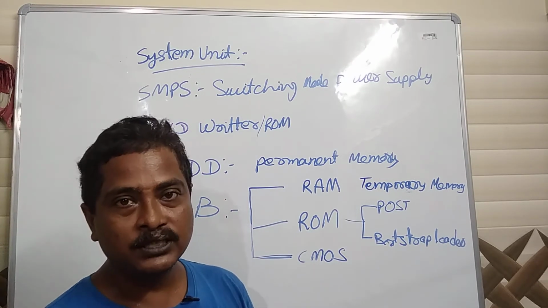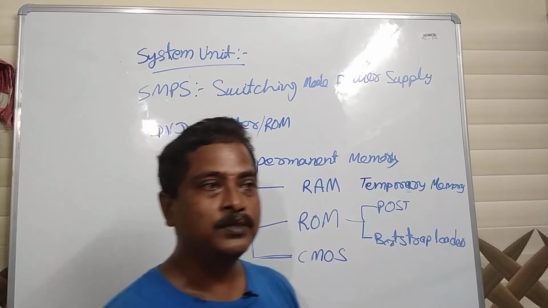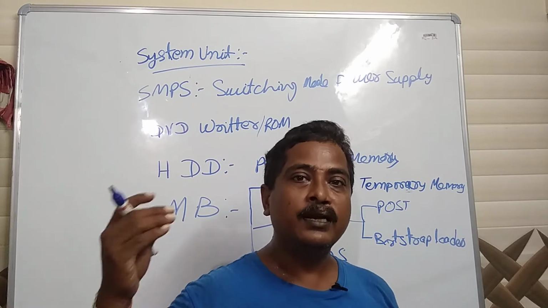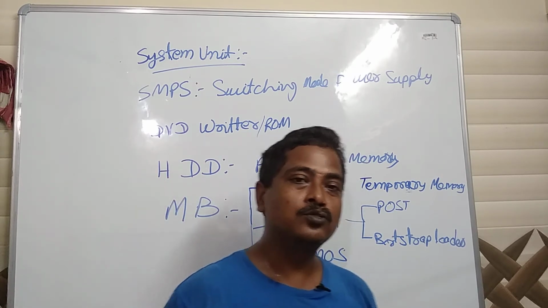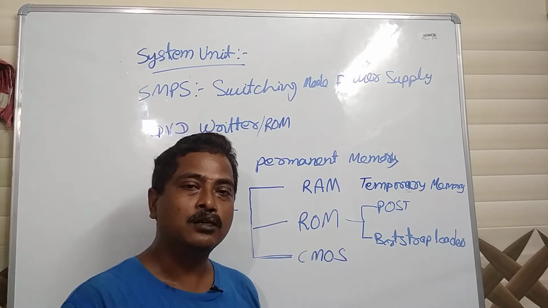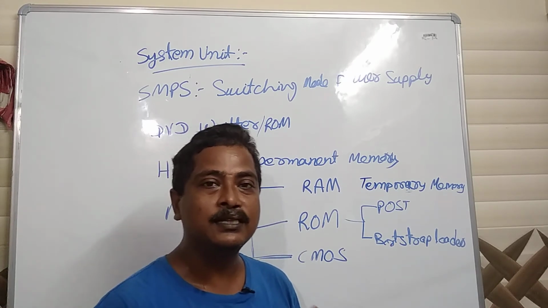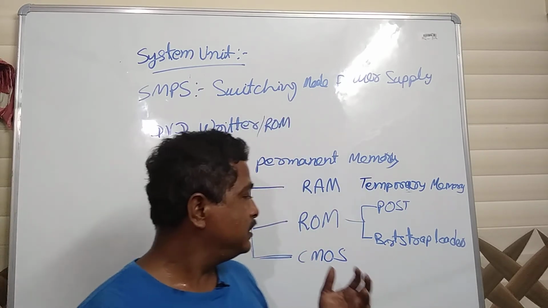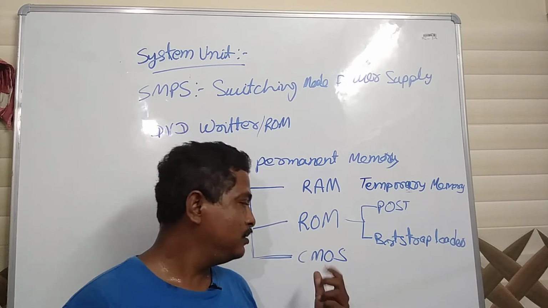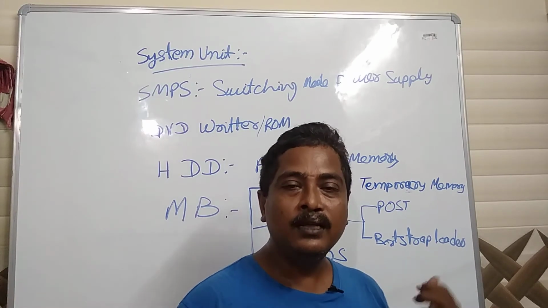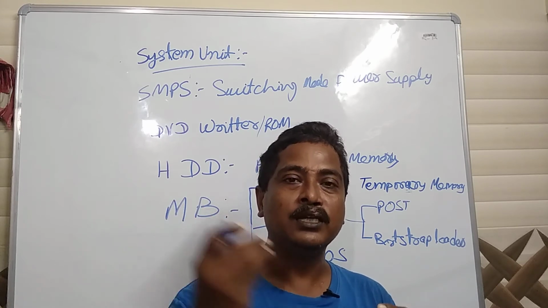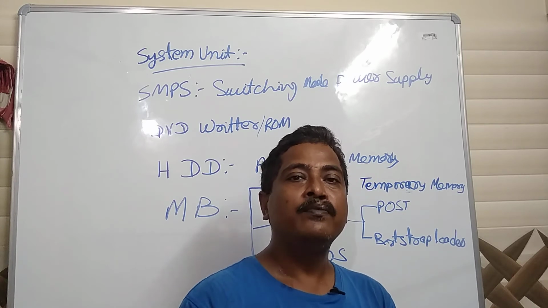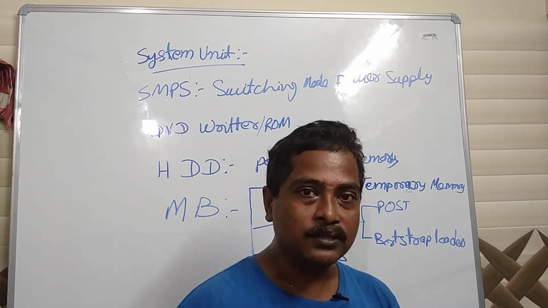Suppose today I am switching off the system. After 10 days I am switching on the system. When I switch it on after 10 days, the date and time of that day is coming. So it is proved that when the system is switched off, date and time is running inside the system continuously, 365 days, 24 by 7. How is it running? Because of this battery. This battery is giving some power to some chip or some memory which is storing the date and time, and it is running continuously.